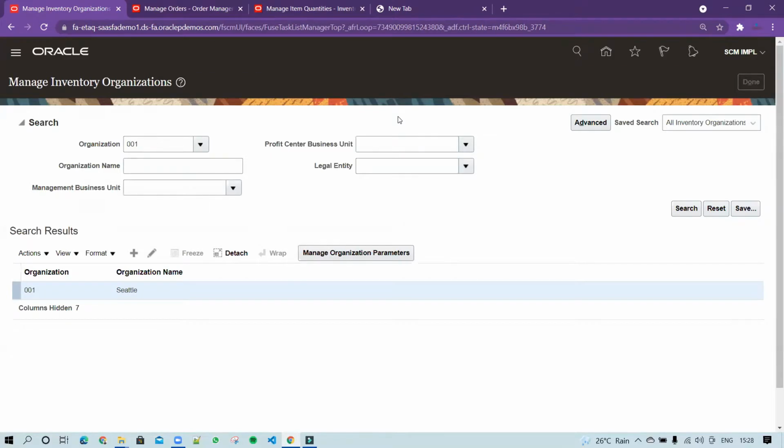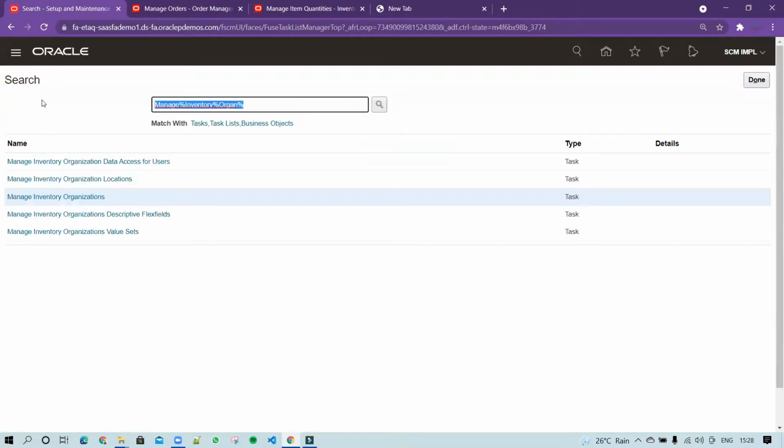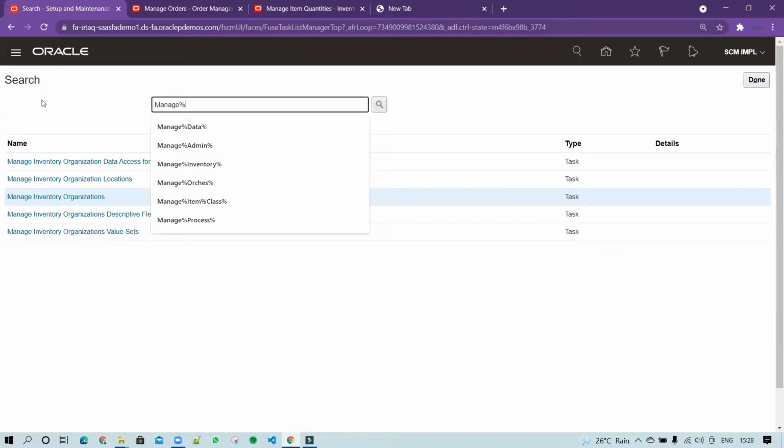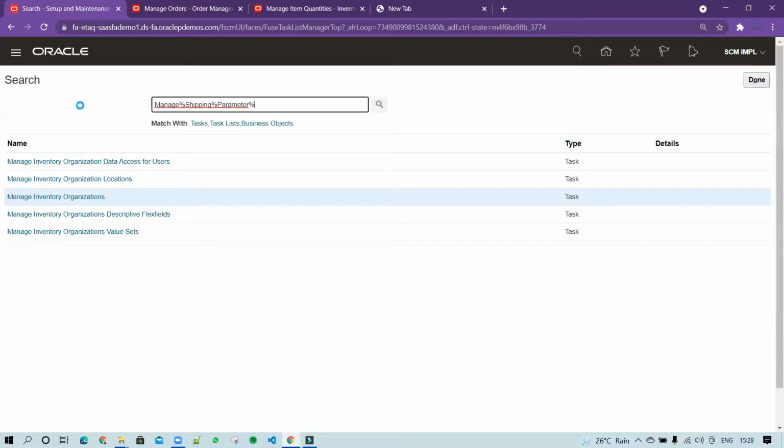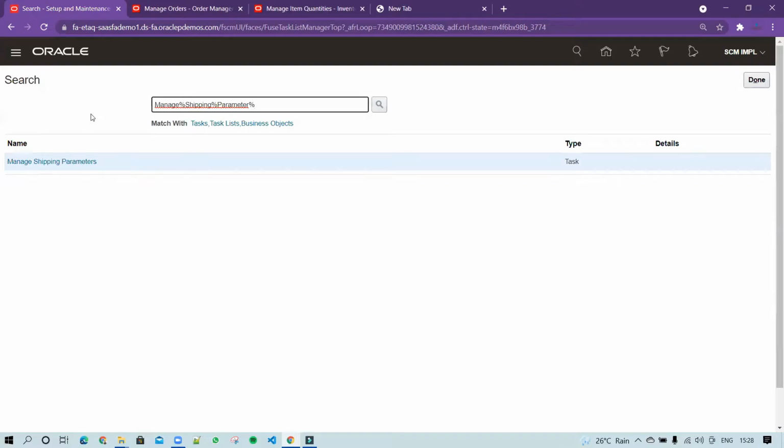So we'll go back again, search, and look for our task called manage shipping parameter. Once we click on that, the task name will pop up. We'll click on manage shipping parameter.